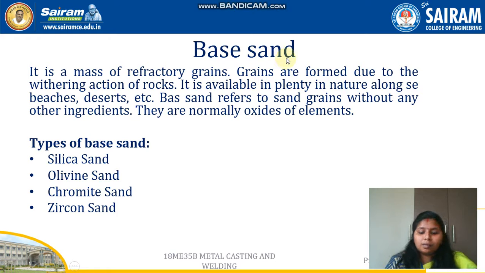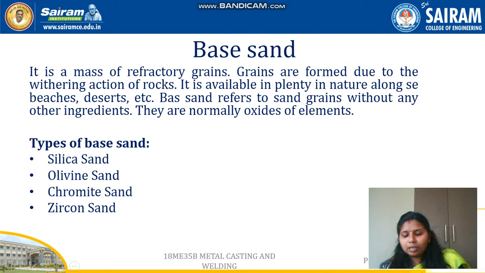The first one is silica sand. This is a commonly used sand, silicon dioxide, SiO2, which is found in nature in the bottoms and banks of rivers and lakes. Silica deposits tend to have varying degrees of organic and mineral contaminants like limestone, magnesia, soda, and potash. This is easily available, and it is one of the most commonly used types of base sand.